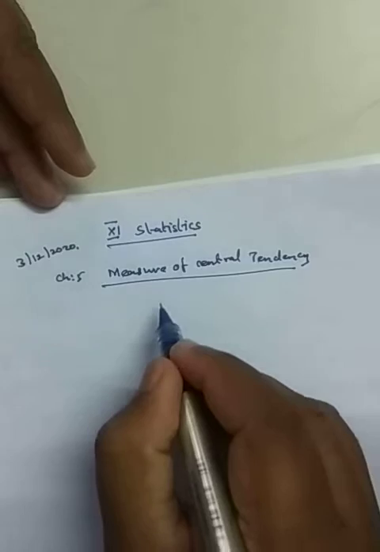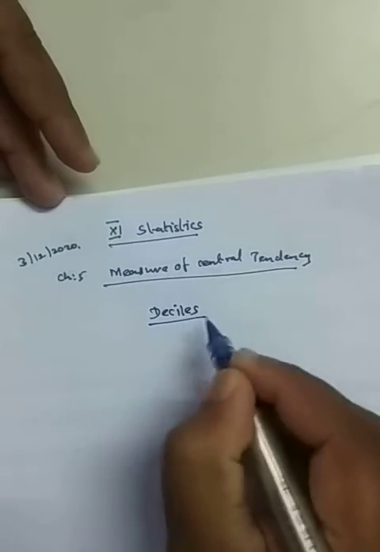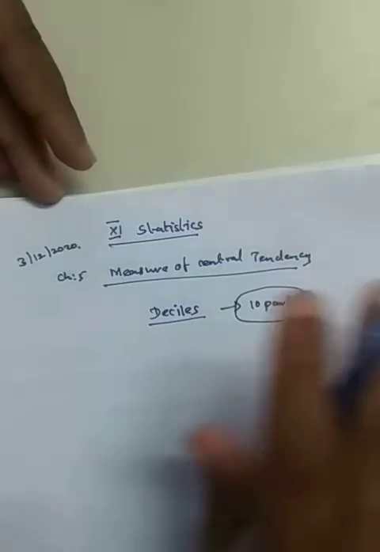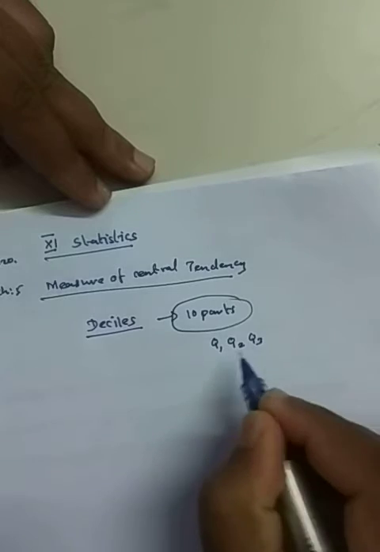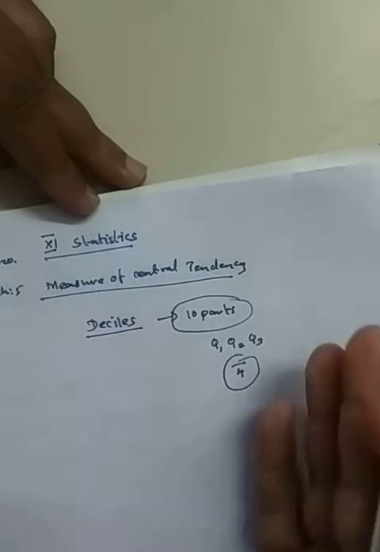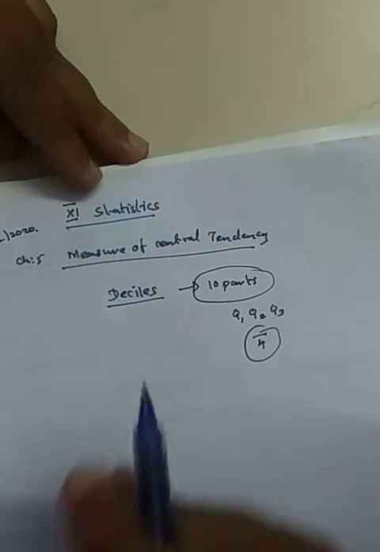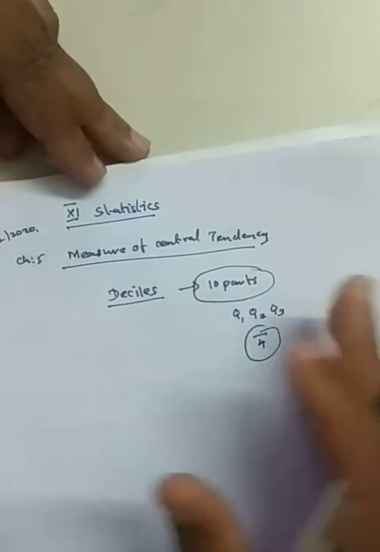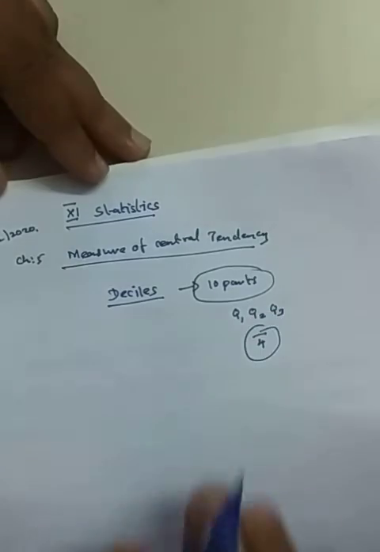Now we are going to see deciles. What is a decile? We divide the data into 10 parts. Usually with Q1, Q2, Q3 the entire data is divided into 4 parts, that's why we say quartile. Why do we use this? The entire year is divided into first half and second half, or terms; likewise here 4 parts, and here the data is divided into 10 parts.